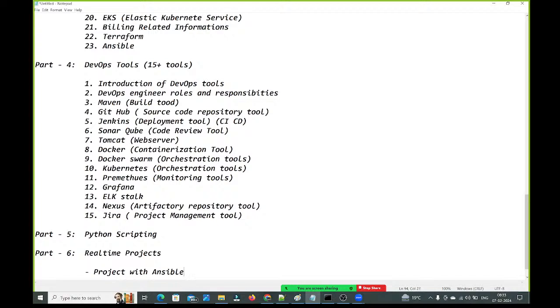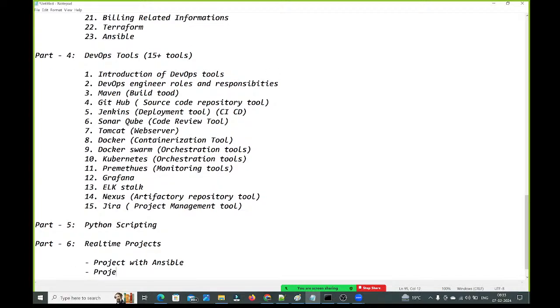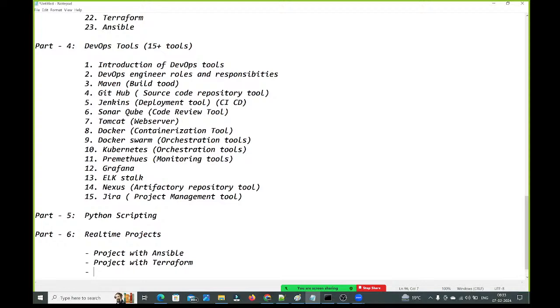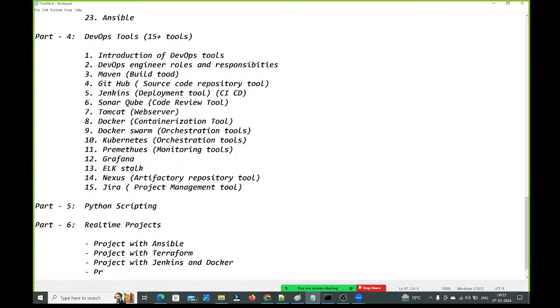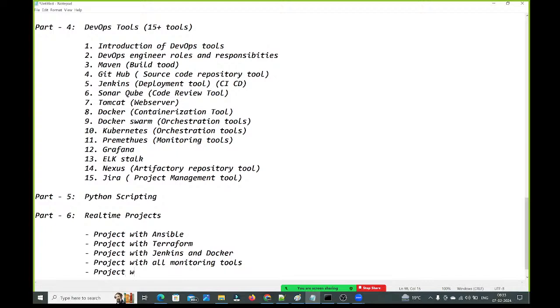We are going to understand a real-time project with Ansible, a project with Terraform, a project with Jenkins and Docker. Like this, end to end, a project with Jenkins, Docker, Kubernetes, a project with all monitoring tools, and finally a project with Jenkins, GitHub, Nexus, Sonar, Docker, Kubernetes.